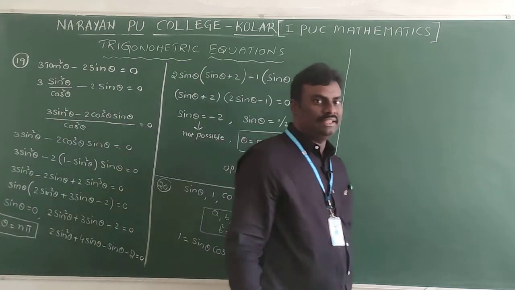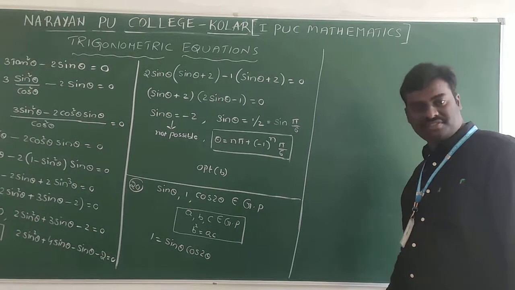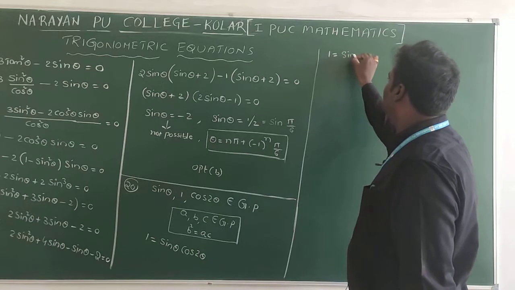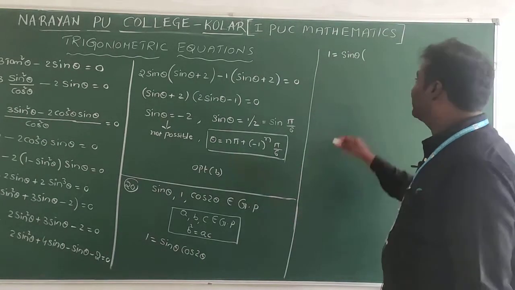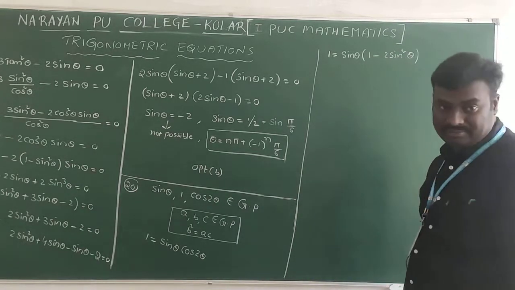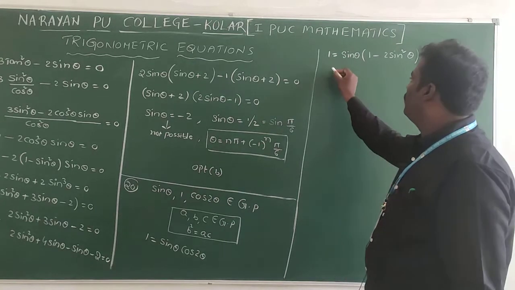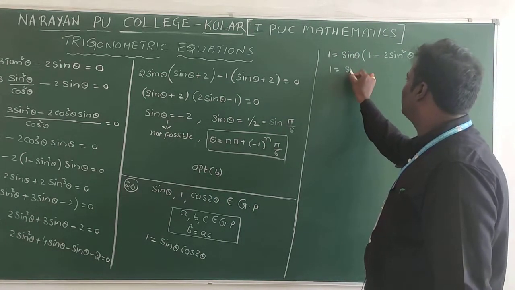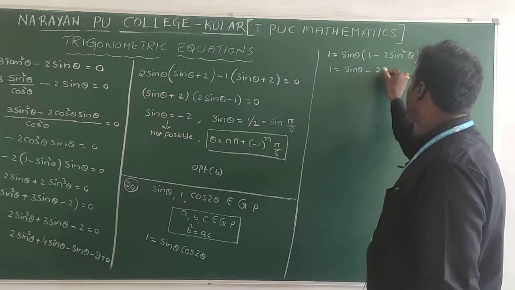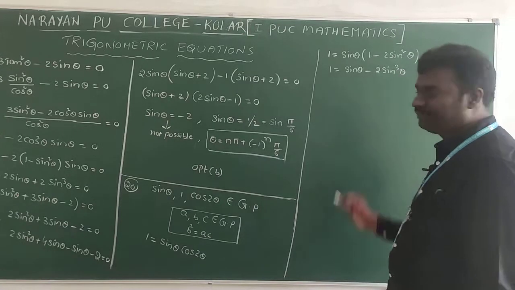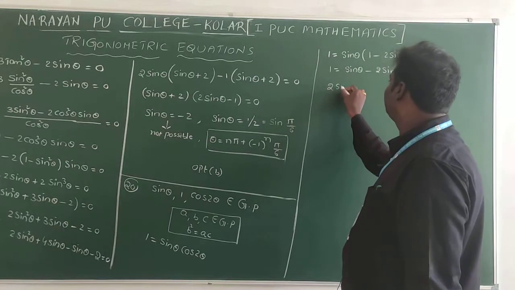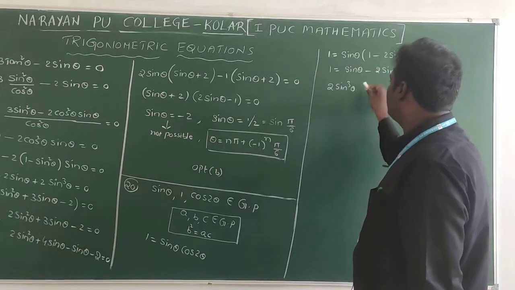I am converting the entire equation in terms of sin. Then 1 is equal to sin theta into this cos 2 theta, which can be written as 1 minus 2 sin square theta. Now 1 equals sin theta into 1, that is sin theta, minus 2 sin square theta into sin, that is 2 sin cube theta. Now this minus 2 sin cube theta comes to this side and becomes plus. This plus sin theta comes to this side and becomes minus.